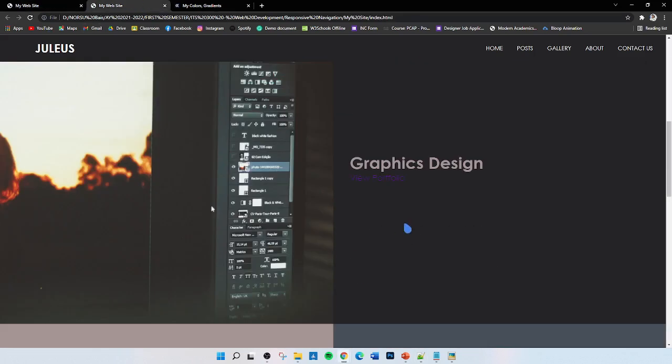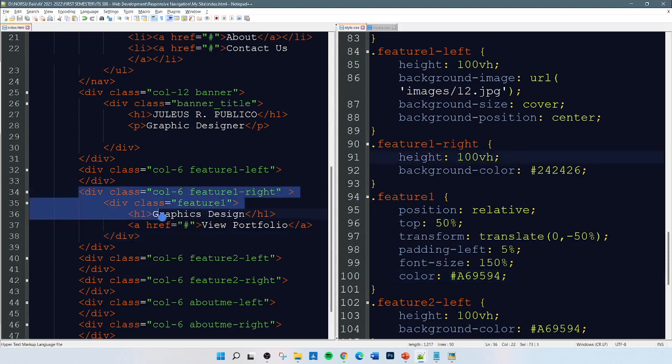Right? Next is we'll work on the link. So far, since the A has no appeal, okay? That means we have to mention the A or the link directly. In that way, it can be designed. So far, it isn't cooperating with our design of the H1 or the entire feature, right? Since we are trying to apply the design for the entire division, the A should be affected. But for some reason, it's not cooperating because I'm not really sure why. So in that case, we're going to call an A directly. So we're going to give the link